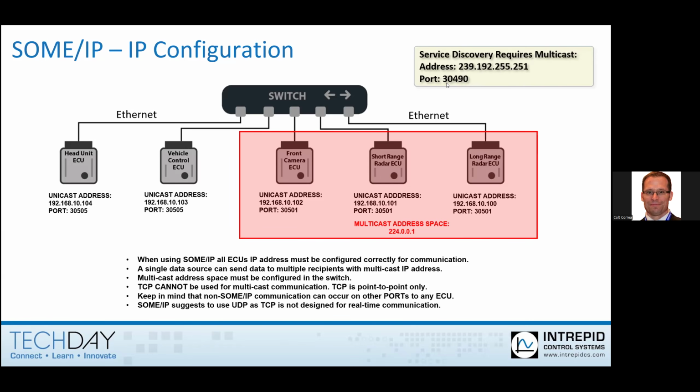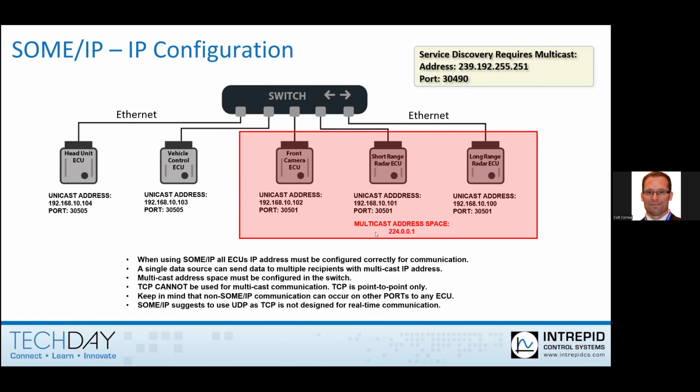And then of course we're dealing with IP addresses and UDP communication. So we also need a port. For UDP communication, you got to have an IP address as well as a port. So we have that. So that just means that when this network boots up, any of the ECUs here can communicate on this address space to find or to publish the services that you offer. And so we'll get into more of that when we talk about service discovery. But just to let you know that this address space is required.